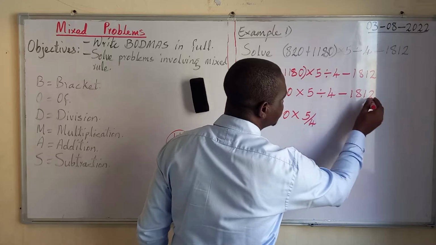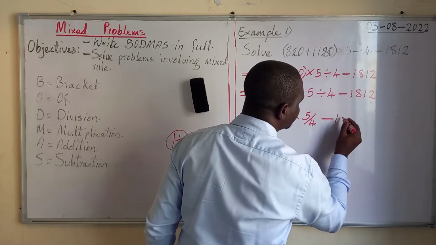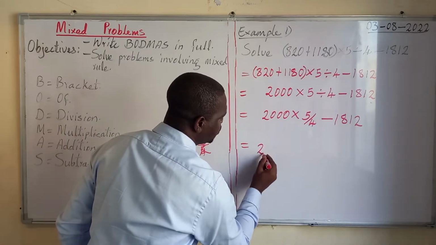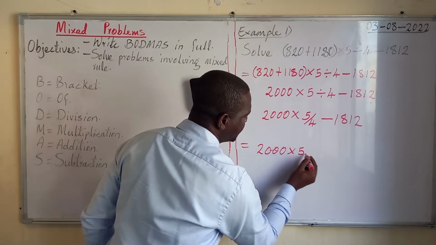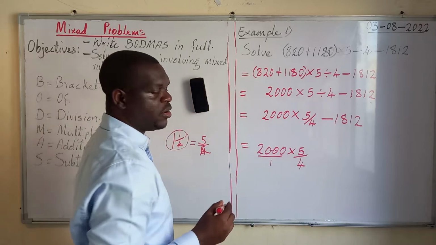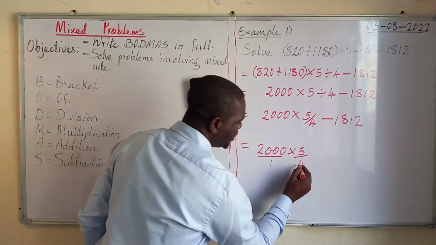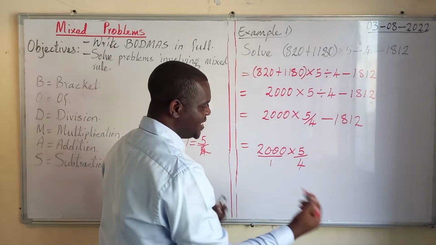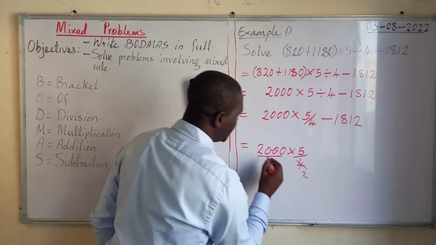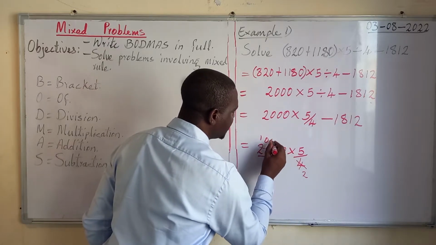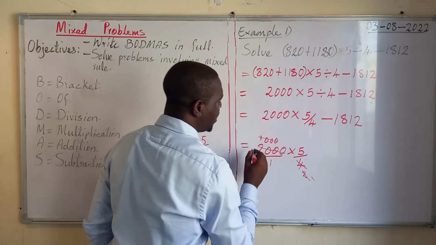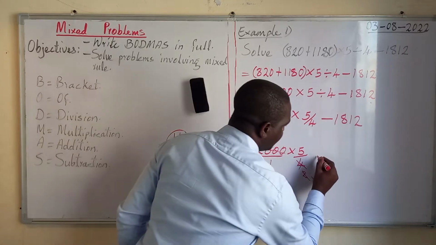And we maintain this subtraction, 1812. This is the same as 2000 times 5 all over 4. To solve this, we can change this to a fraction, put it all over 1, so that we simplify. We start with the least for easy understanding. 2 will divide 4 two times, and 2 will divide 2000 1000 times. 2 divides itself once, and 2 will divide 1000 500 times. Minus